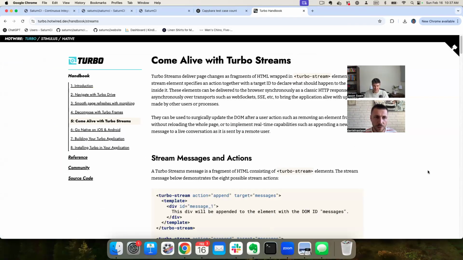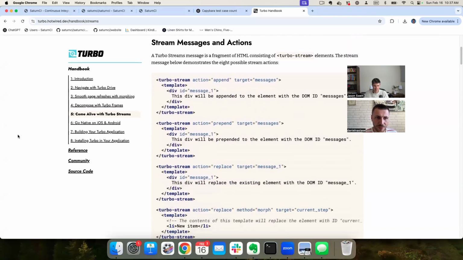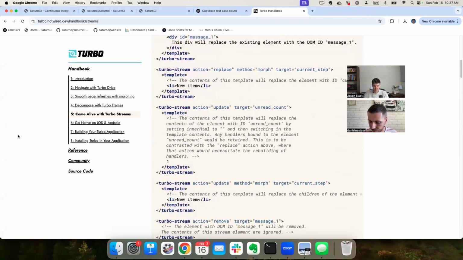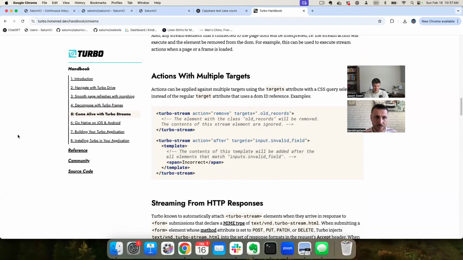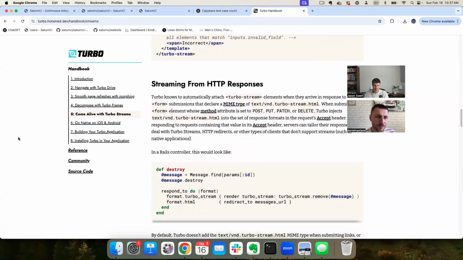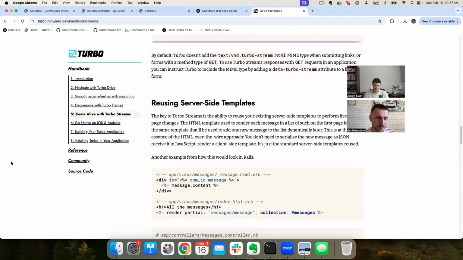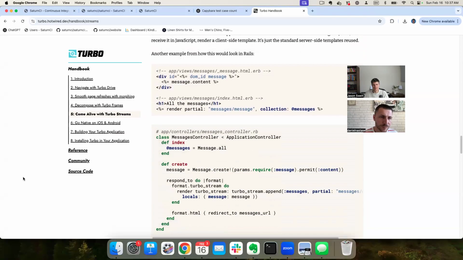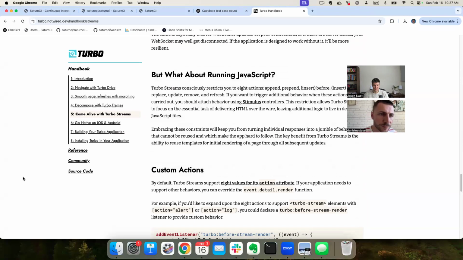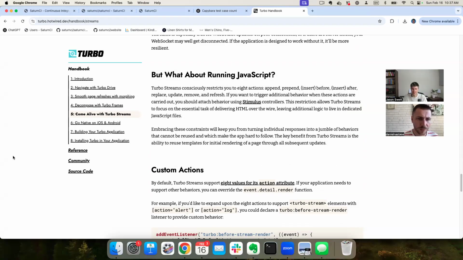I've always found the turbo stream docs, sadly, to be a little hard to understand. Streaming from HTTP responses, okay. Reusing server-side templates. What about running JavaScript? Okay, if you want to trigger additional behavior when these actions are carried out, you should attach behavior using stimulus